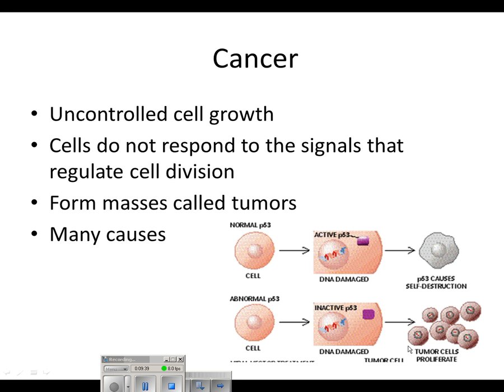Sometimes there's problems with these cell regulators, and we end up with uncontrolled cell growth. What happens there is cells don't respond to the signals that regulate cell division, and the cells are going to divide uncontrollably and form masses called tumors. There's many different causes of cancer. Some believe that smoking tobacco or exposure to certain chemicals, things like radiation exposure, viral infection, and even